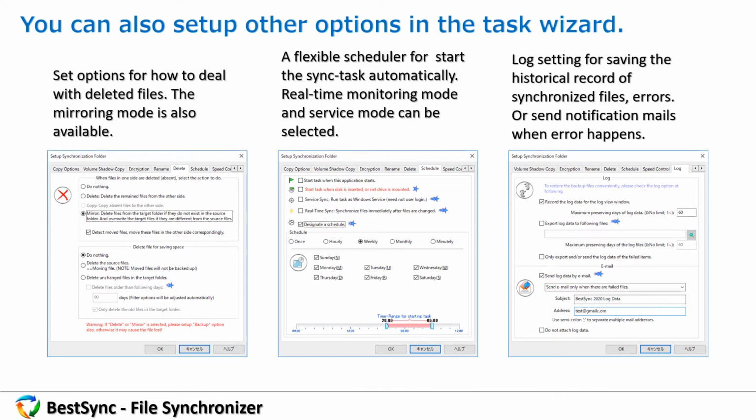The mirroring mode is also available, as well as a flexible scheduler for starting the sync task automatically. Real-time monitoring mode and service mode can be selected. Log settings are available for saving the historical record of synchronized files and errors, or sending notification mails when